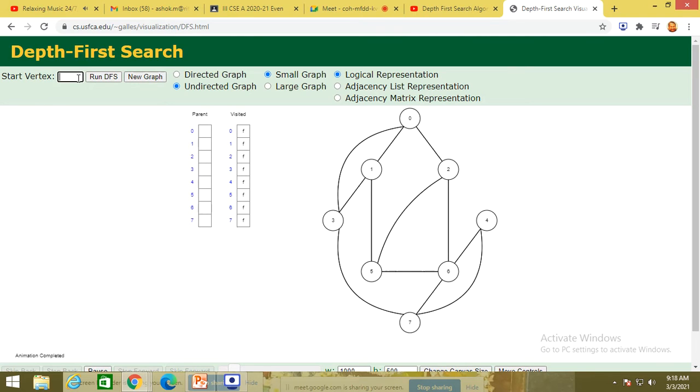Let us start with 0. Depth of 0 is 1. Depth of 1 is 3. Does the 3 have its depth?